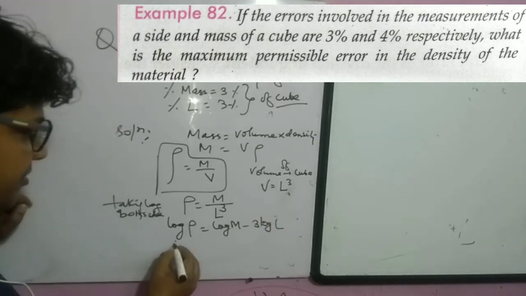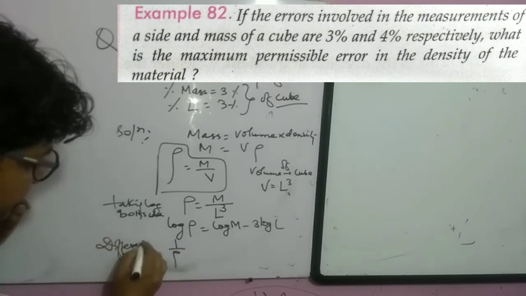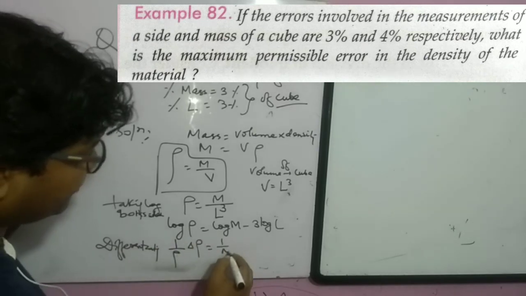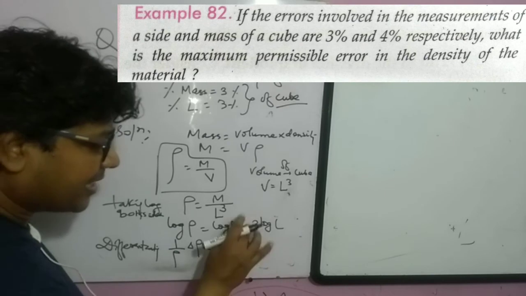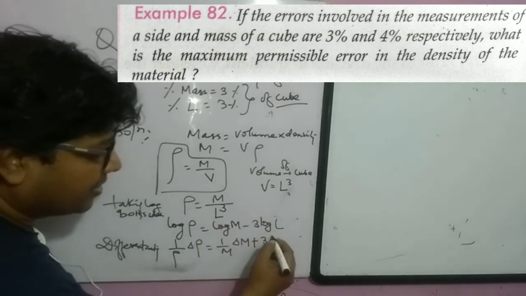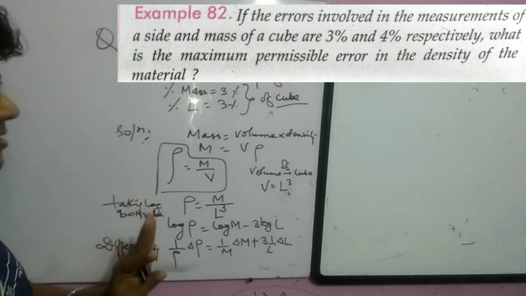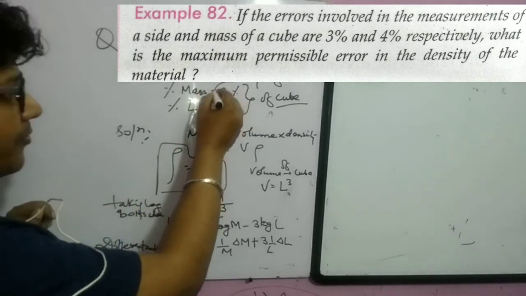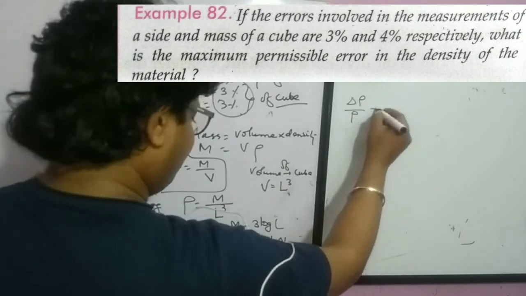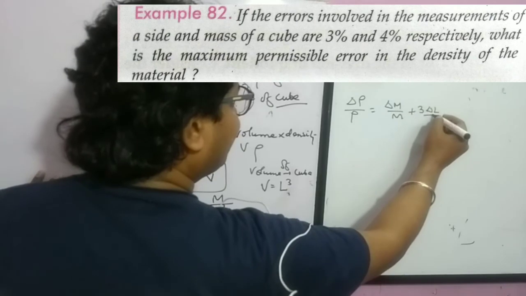So what will be the differentiation? We can write, differentiating, 1 by rho, delta rho is equal to 1 by m delta m, and again this is negative, so this will be positive, 3 1 by L, and this is delta L, right? So this is the thing. So you are provided with percentage, so delta rho by rho will be equal to delta m by m plus 3 delta L by L,